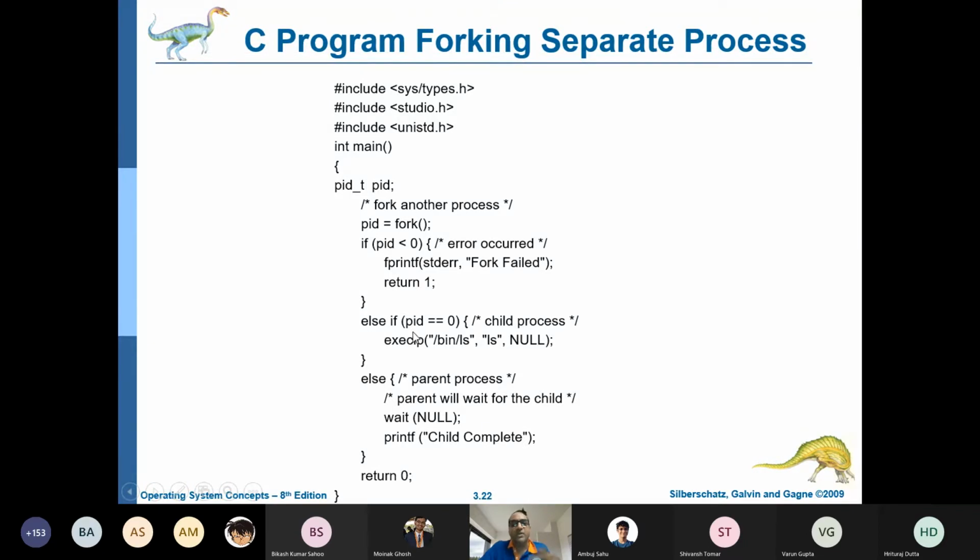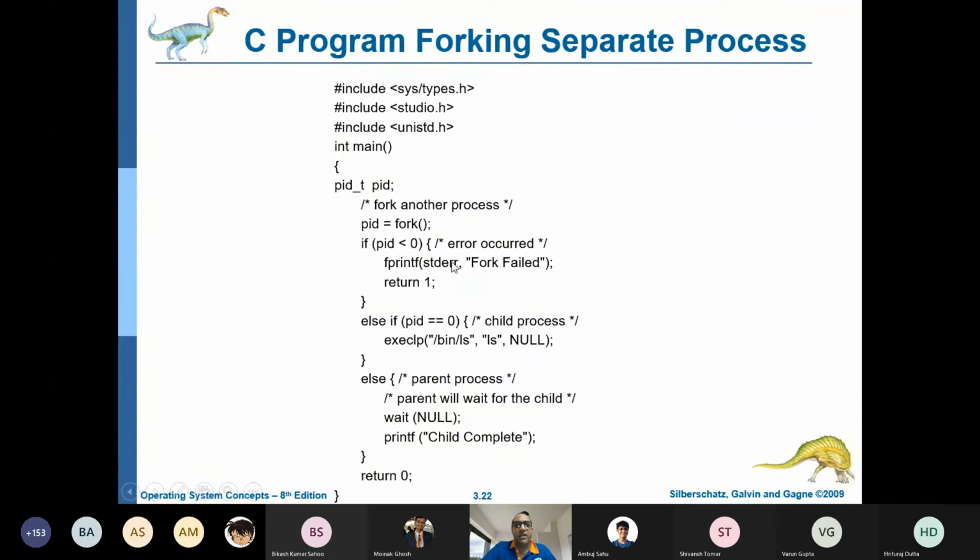Based on that, you can say whether the parent process is running or whether the child process is running. So for that, you can see here,